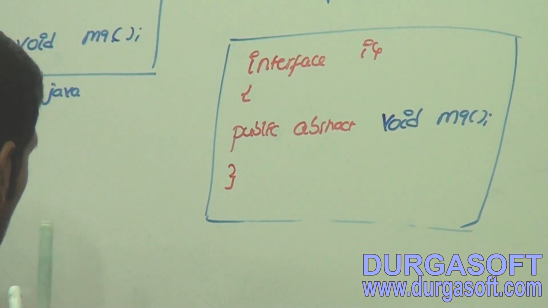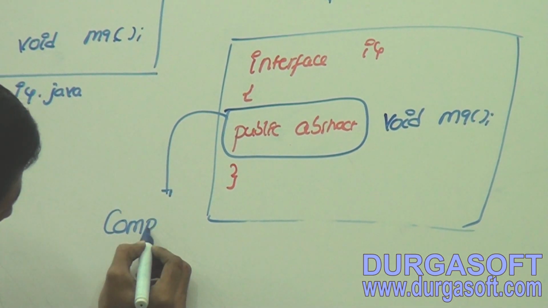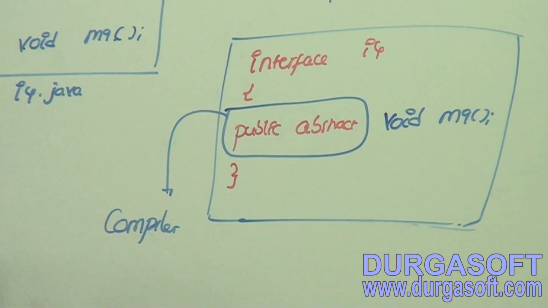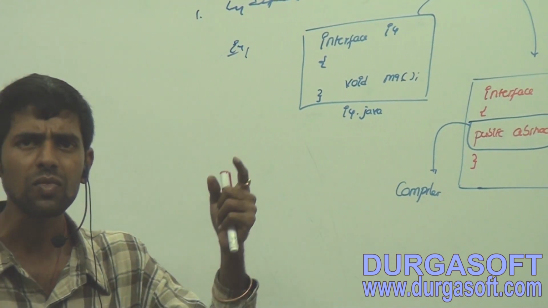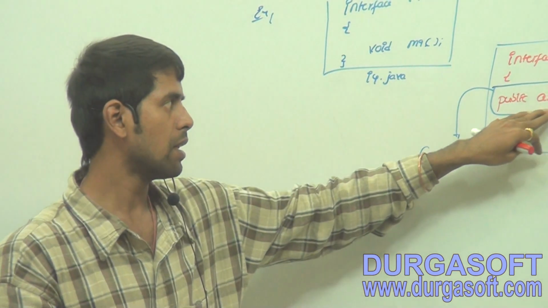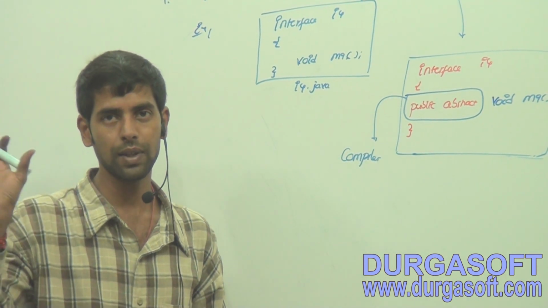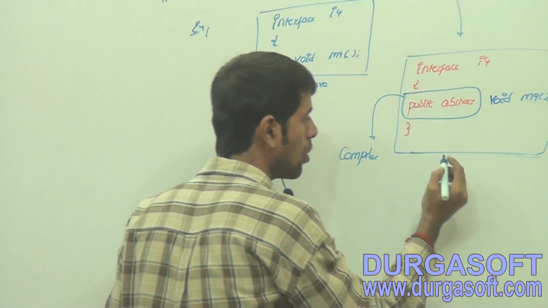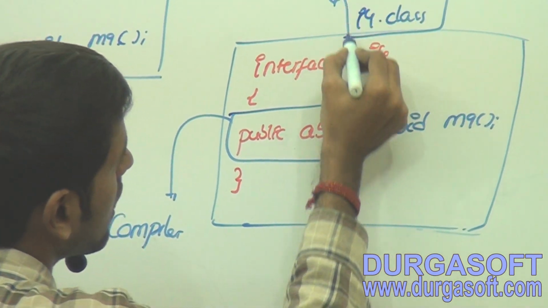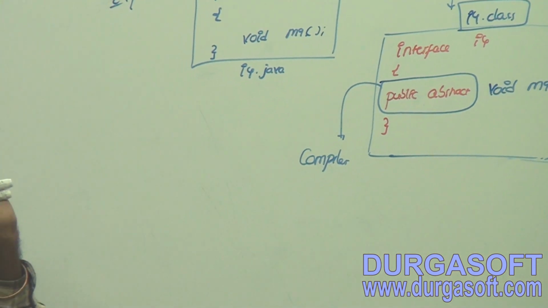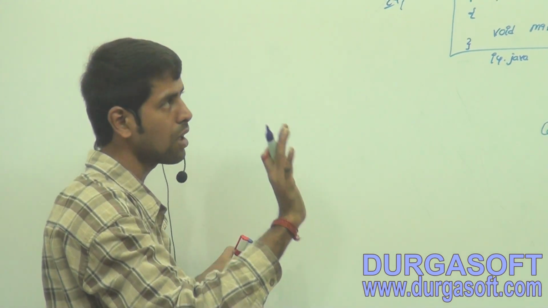Now observe this part. Who is writing these two keywords? Our compiler. Why does it do this? To give some extra features and functionalities to the methods of our interface, friends. Now observe, this is the code within our i4 dot class file. By default they are public and abstract. Till here we are all comfortable. Okay, now